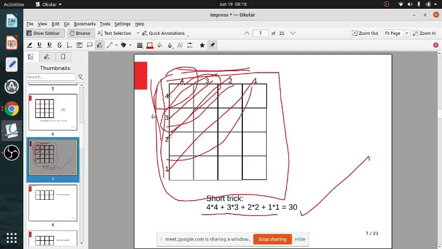So you will have to do only this much, only this part. Okay, 4, 3, 2, 1 and here 4, 3, 2, 1. So 4 into 4, 16, 3 into 3, 9, 2 into 2, 4, 1 into 1. So that is a shortcut trick for counting squares. Only for squares, where the horizontal one and vertical one should be equal. Multiply 4 by 4, 3 by 3, 2 by 2, 1 by 1. There is a shortcut trick.